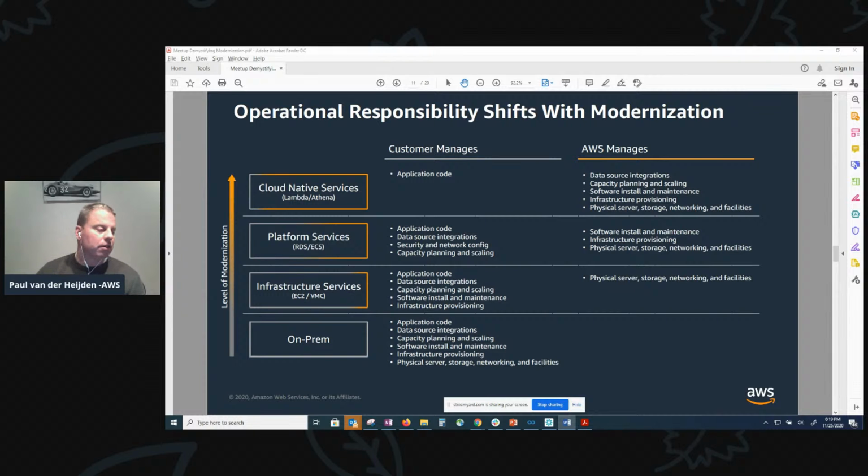Now, there's a spectrum of shared responsibility options across different levels of modernization, ranging from EC2, where you can build and run things, but you still manage your integrations, your scaling, your security configurations, etc., in addition to your code, to a managed database, which is a little bit higher up in the value chain, or even managed container servers. And finally, we see the serverless functions like Lambda, where all you manage is your application.